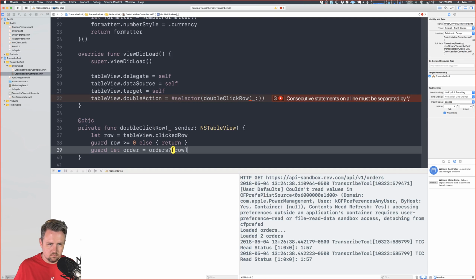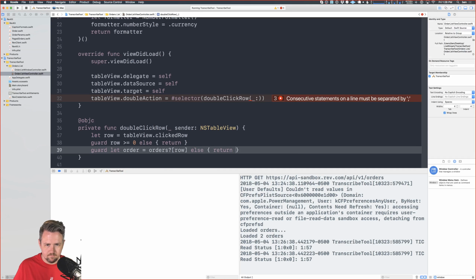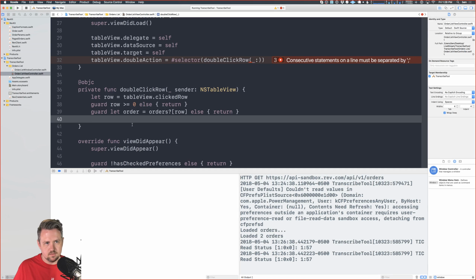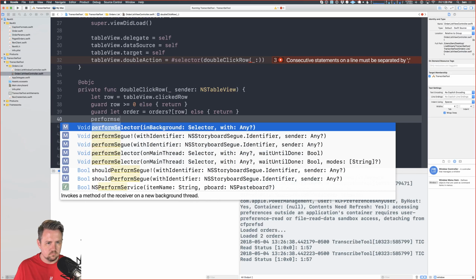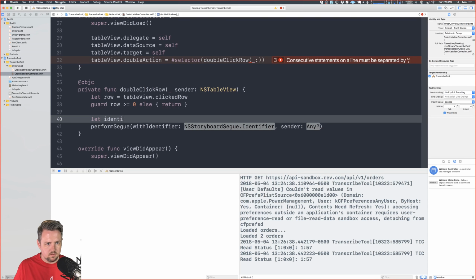You don't actually have to get the order because we're not going to pass it to the segue. And so then we would implement the prepare for segue just like on iOS. Yeah, you wouldn't do it here. You would implement prepare for segue, and then in there you would do the same thing. Yeah. So here, identifier is